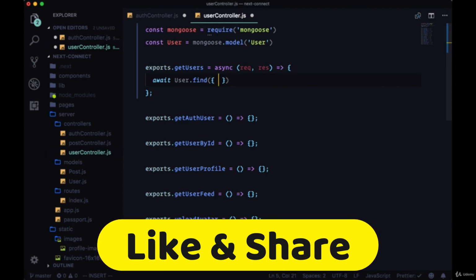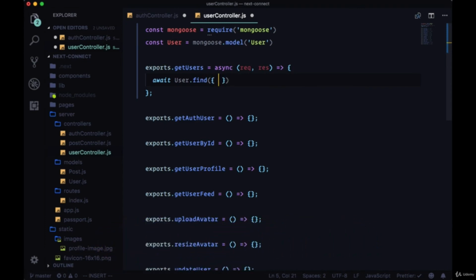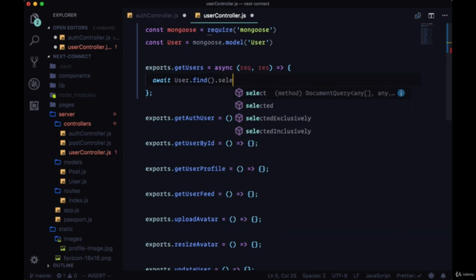a filter, where we filter on some property. For example, we filter according to the user's name. So we only get the users that have a name, let's say, that starts with some value, say the letter J or something like that. But here we just want to get everything, so we don't need to pass in this configuration object, this filter, in order to specify our find query. So we'll get all of the signed up users to our application as an array,